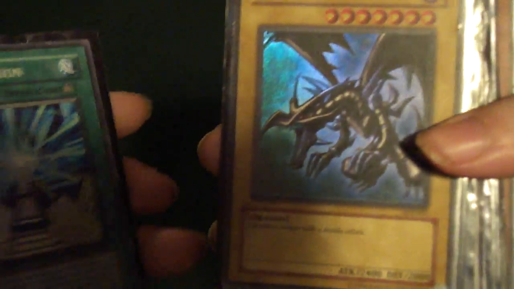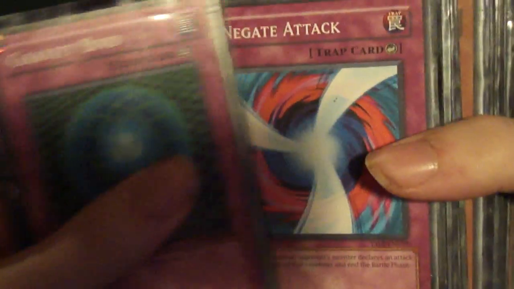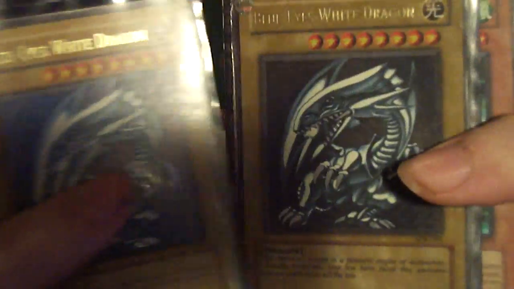So we got Lord of Dragons, we got Blazing Apache, Dust Tornado, Dark Magician Girl, Future Fusion, Red Eyes Black Dragon, Blackluster Soldier, Guild for the Lightning, Gravity Bind, Negate Attack, Scrap Iron Scarecrow, Blue Eyes White Dragon, another Blue Eyes White Dragon, another one, Spear Dragon, Torrential Tribute, King's Knight, Future Fusion again, Gearfried the Iron Knight, oops,